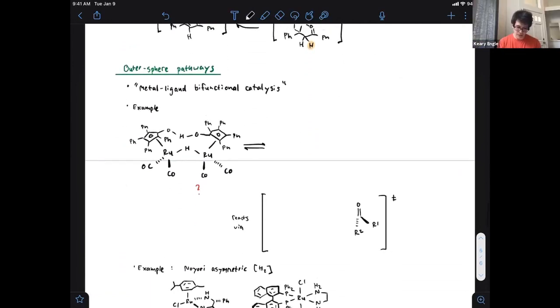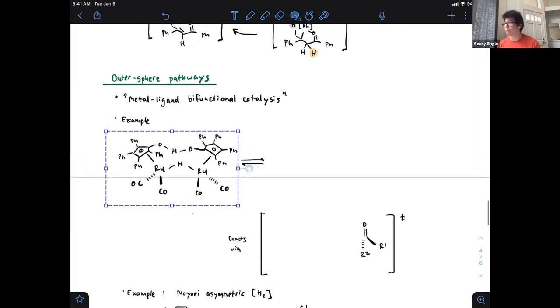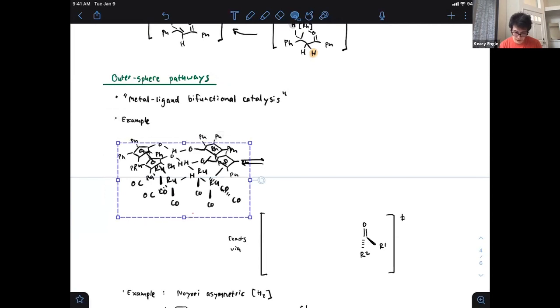The last one of the last things I'll cover before turning the floor over, I know Tanner is chomping at the bit, are reactions that proceed via outer sphere pathways, and where the metal plays more than just the role of cheerleader. Here, the metal is intimately involved in the action, and these are reactions that often involve what's called metal-ligand cooperation or cooperative catalysis. So here's an example